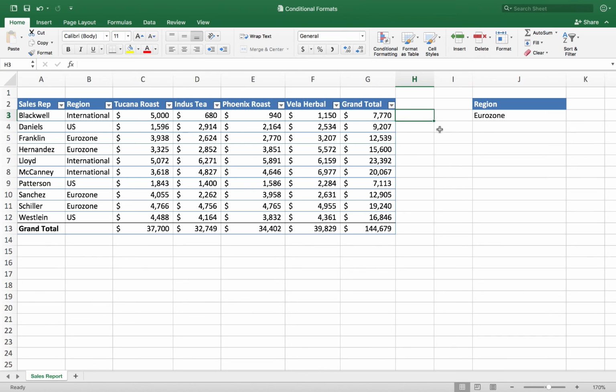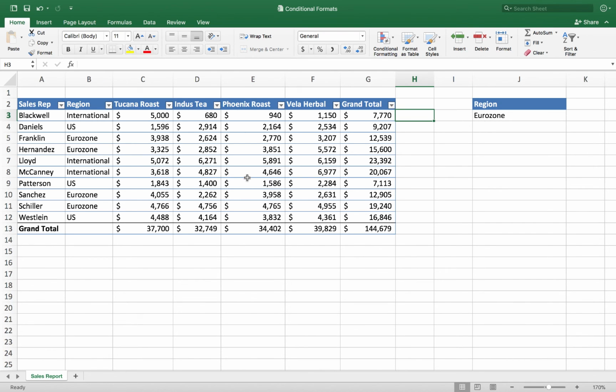So instead of doing the Sparklines, I want to present my grand totals here. I wanted to get a feel for how each of these sales reps contributes to the grand total. So I wanted to plot out, I want to use the rep names that are in column A and their grand totals are in column G. So there's another example of where we're going to use a key to select two non-adjacent ranges. I want to be able to plot out the names and then the numbers.